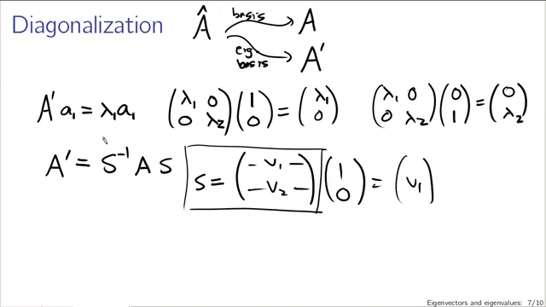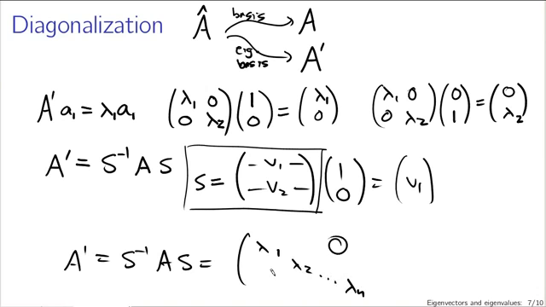And we know that that has to have this diagonal form. So A prime is equal to S inverse A S, where S is given here, and A prime has lambda 1, lambda 2, up to lambda n, with zeros off diagonal. So we have our eigenvalues along the diagonal, and zeros off diagonal. This is the process of diagonalization,